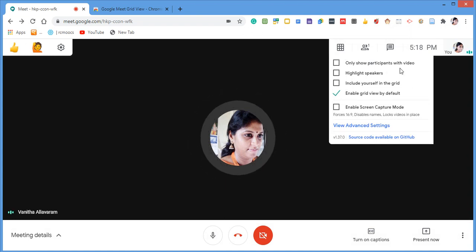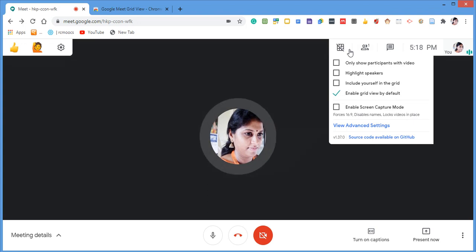For example, if you only want to view people who are showing their video, you can do that, or if you want to highlight the speaker's screen, you can highlight it, or you can include yourself in the grid, or enable grid view by default, and it will be enabled. All these options can be done based on your requirements or the settings you want.